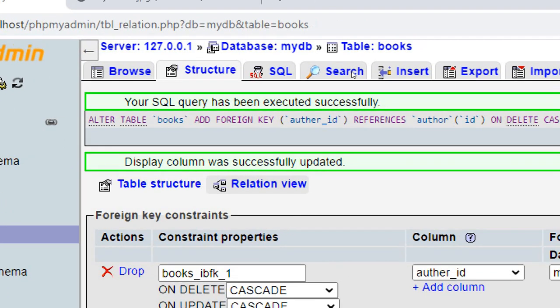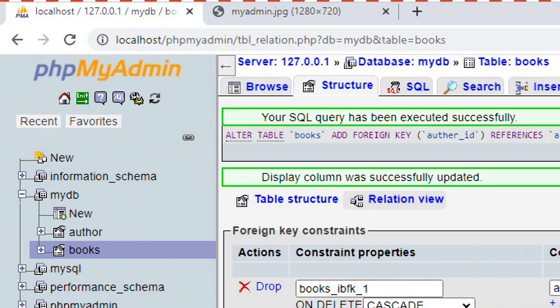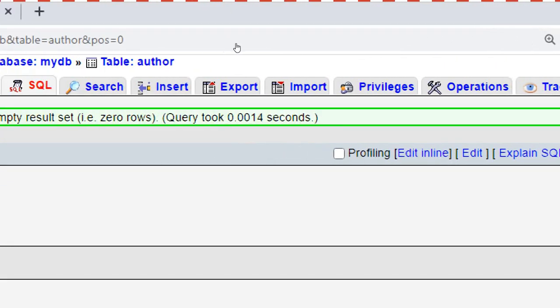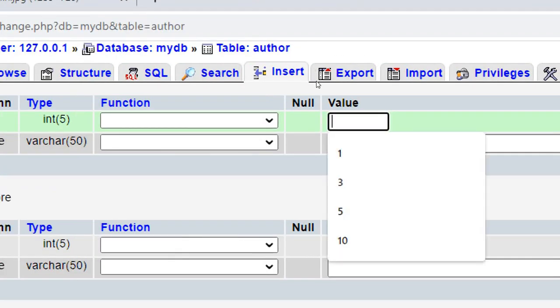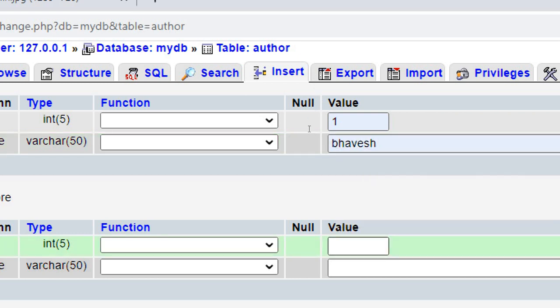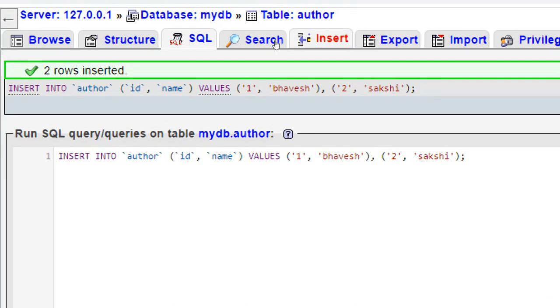Alter table books, add foreign key author ID references author of ID, on delete cascade, on update cascade. Okay, now I go to the author table and click on insert to add some data. Here the data is ID 1 with a name, ID 2 with a name, and click on go.